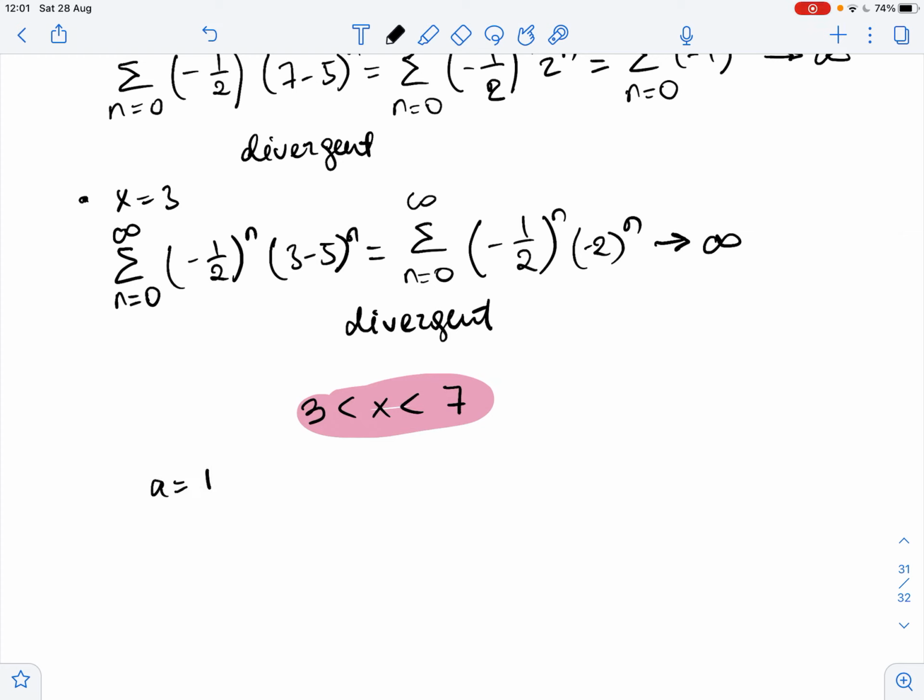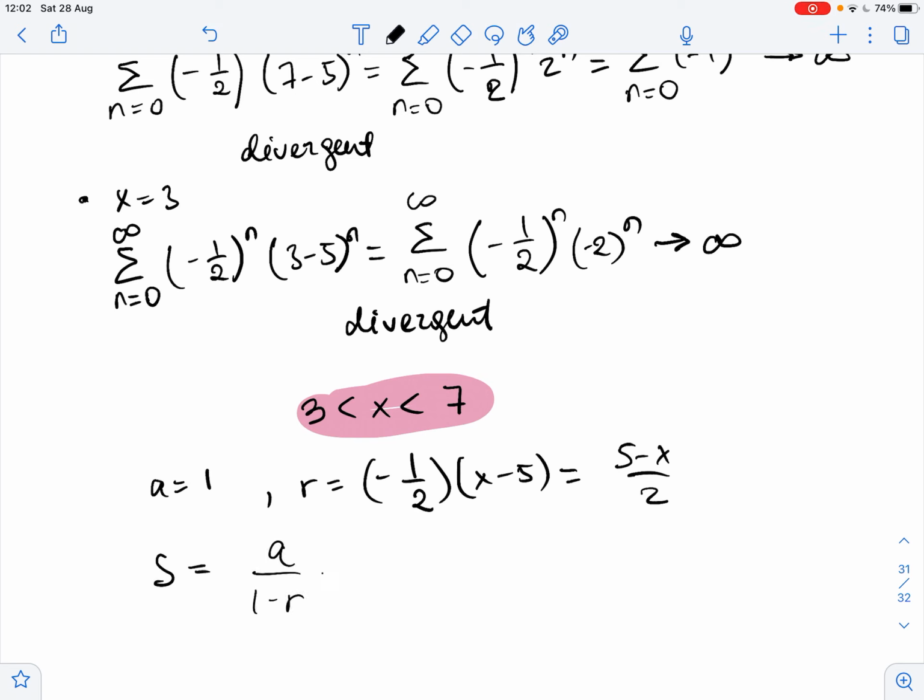Now since the series is a geometric series with a equals 1, r equals negative 1 over 2 times x minus 5, which is 5 minus x over 2, we can use the sum of the infinite series for geometric series to find the sum. Then s equals a over 1 minus r, so it equals 1 over 1 minus 5 minus x over 2, so it equals 2 over 5 minus x. So the required sum